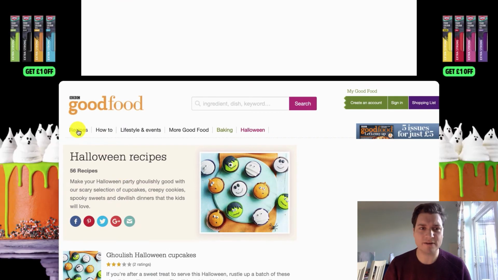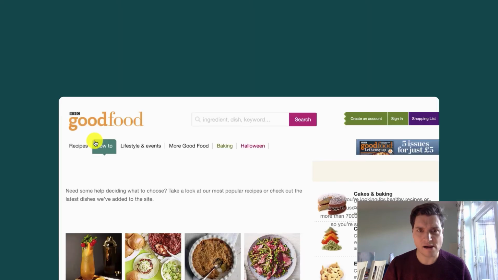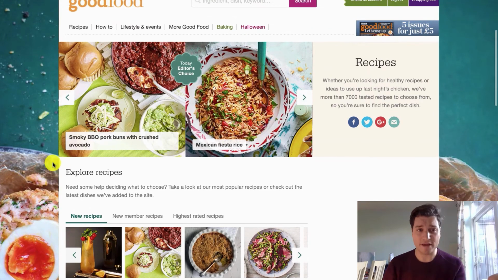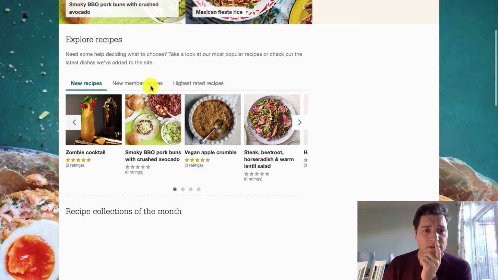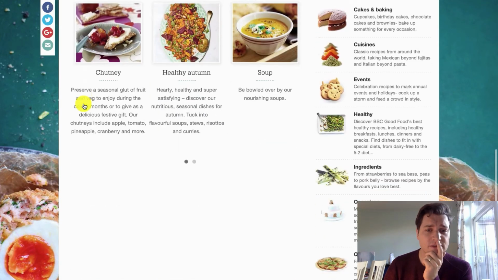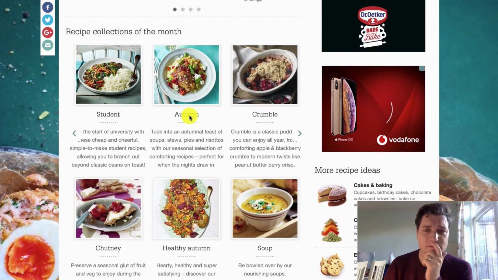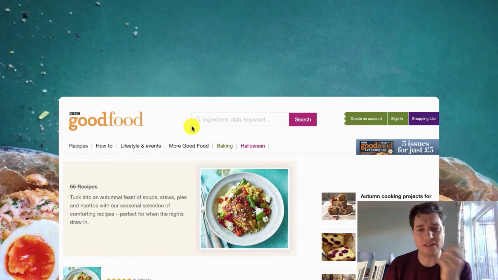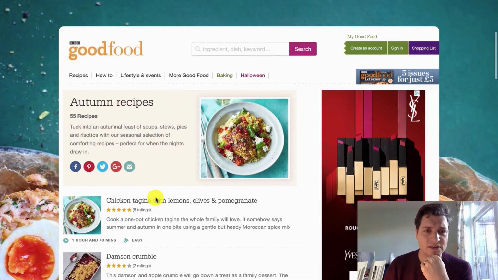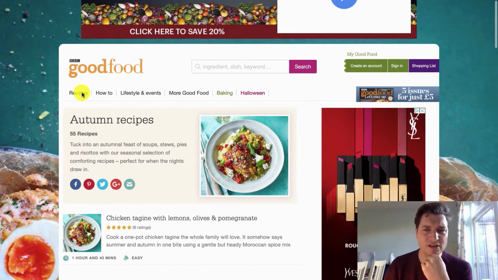It's not very good. So last thing I'm going to try, I'm going to recipes here. Explore recipes. So I'm giving up on the Halloween theme. Again, there's no... Right, autumn. Maybe I can go into the autumn section and do a filter. Again, there's no filter. So I'm wondering, do I have to go into a special gluten-free section?